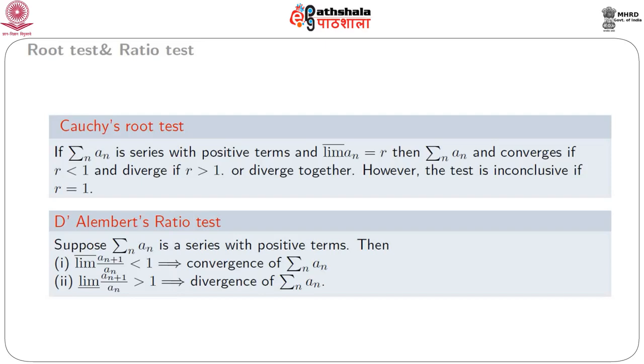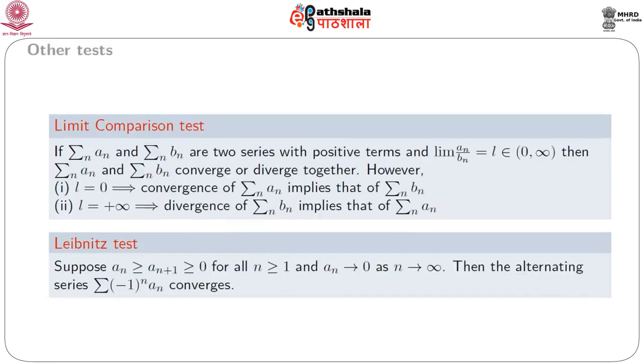Let us quickly enumerate some other tests. The first one is known as a limit comparison test. If summation a_n and summation b_n are two series with positive terms, and limit of a_n by b_n is defined as L, which belongs to the open interval greater than 0, then summation a_n and summation b_n converge or diverge together. However, L is assumed to be finite in this case. However, if L equals 0, then convergence of summation